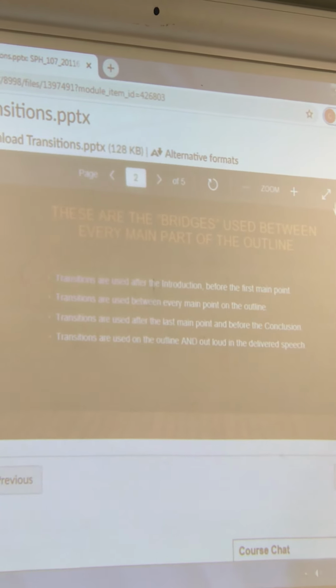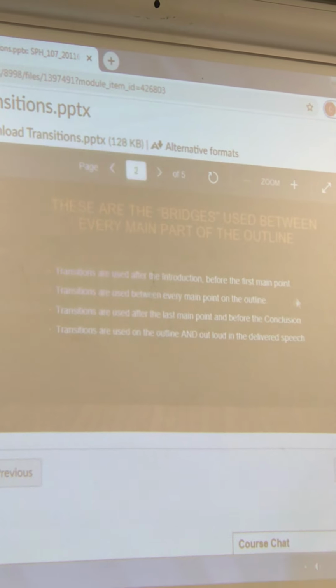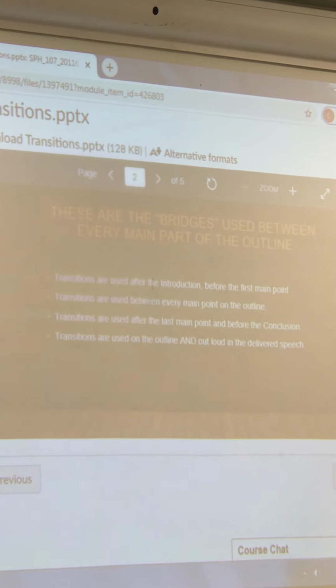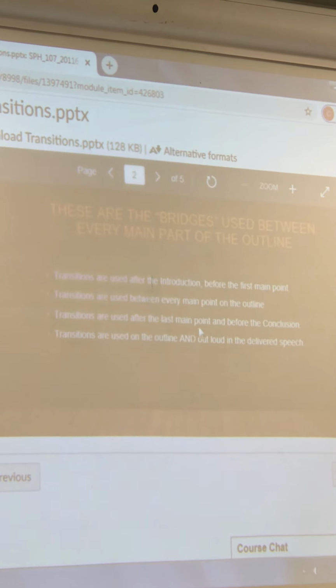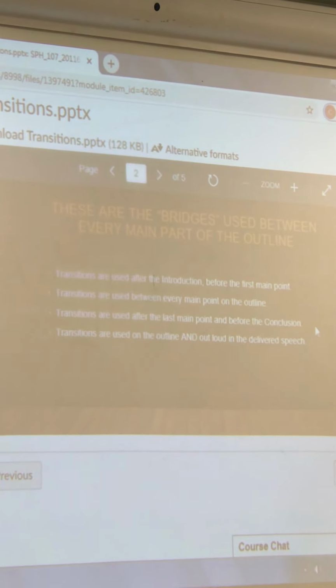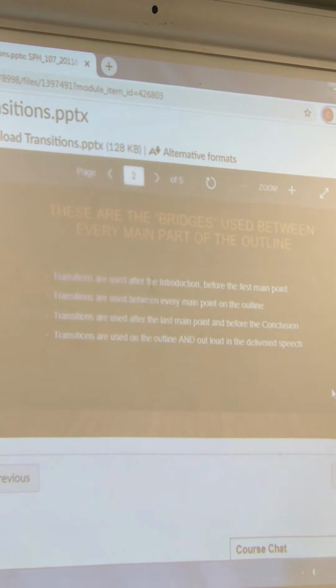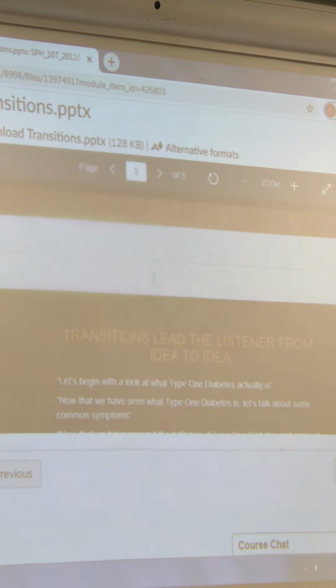And you're going to need them after the introduction, before the first main point, between every main point on the outline, and after the last main point and before the conclusion. You need to put them on the outline. I showed you,